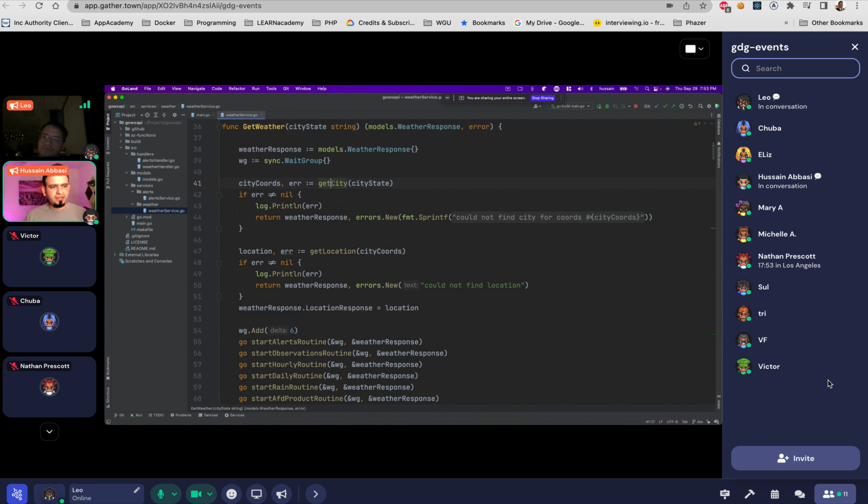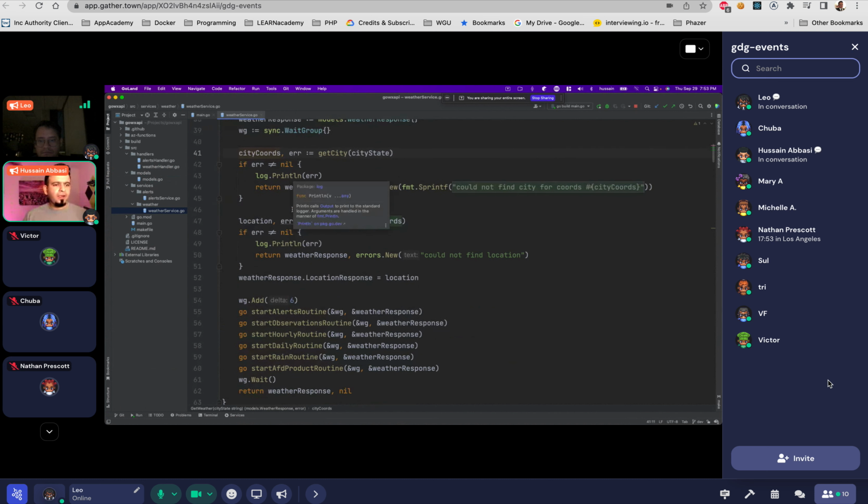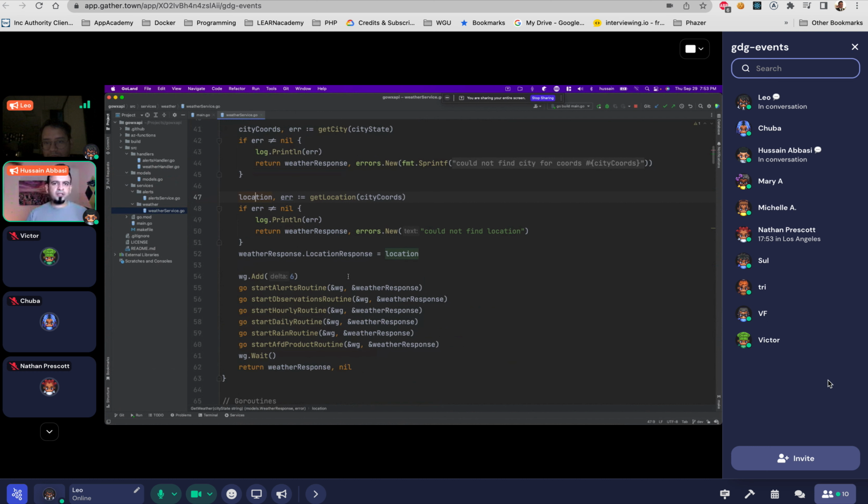So in here, I'm calling a method called getCity, passing in a city and state, getting back coordinates. If I don't get coordinates back, I return an error. If I do get the coordinates back, now I want to get the location. And if I don't get the location, again, I error out. If I do get the location, then everything else, I don't care about the errors anymore, right? So imagine you ask, give me the weather for Tampa, Florida. You want to be able to get the coordinates and the city, and then you may not get hourly rain chances or weekly rain chances, but everything else comes back, you want that back, right? So you don't want to crash the whole response because something didn't come back.